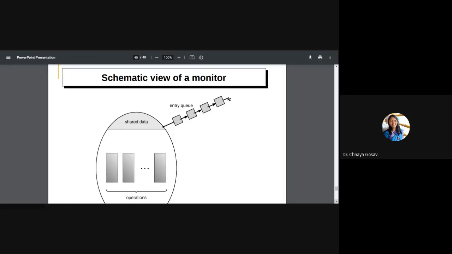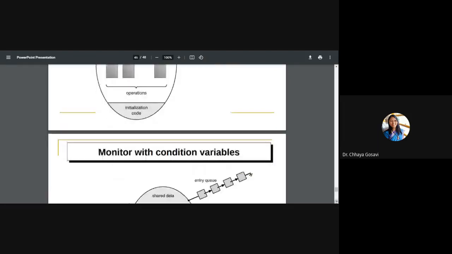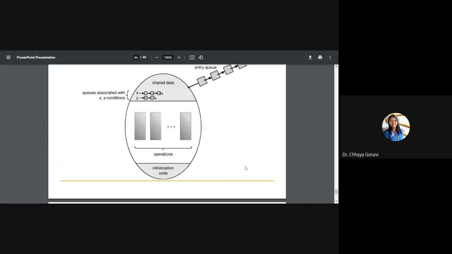For example, instead of creating 100 integer variables, we create an array A of integers. Similarly, instead of creating 100 semaphores, we can create a monitor which has 100 condition variables. So it is like a data structure. All shared data we keep inside this monitor, and these are the operations performed on the shared data. A process has to enter, perform the operation, and leave. So this is the queue associated with condition variables. These are the processes which are waiting for X or waiting for Y.